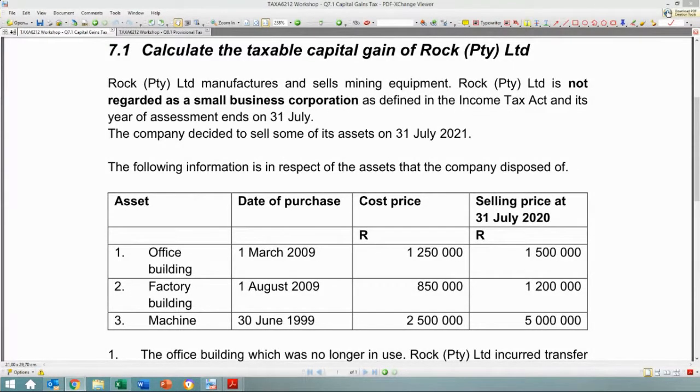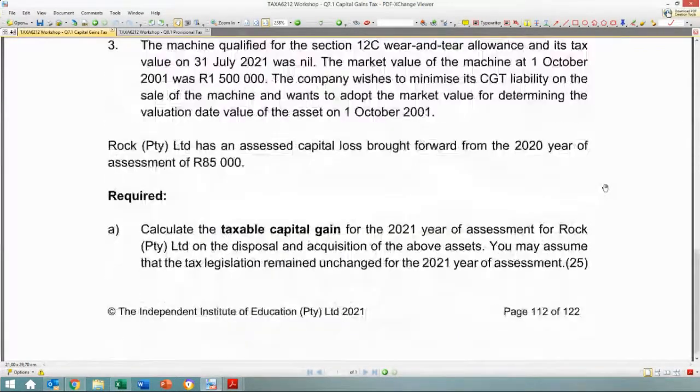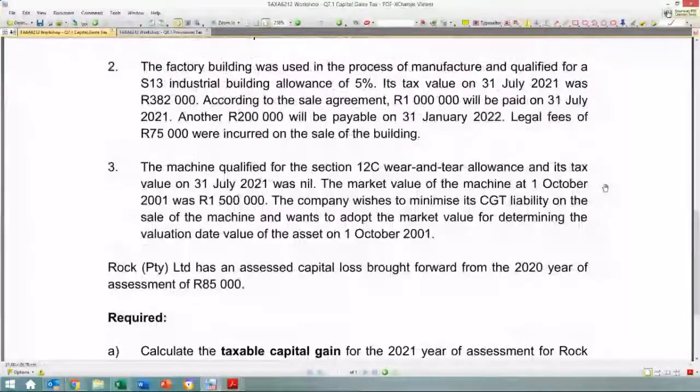Welcome back, everyone. So we are busy with our basics for capital gains tax and provisional tax. So in this session, we are going to focus now on the practical aspects of it. So if you can follow in your tax workbook, on page 112, you will